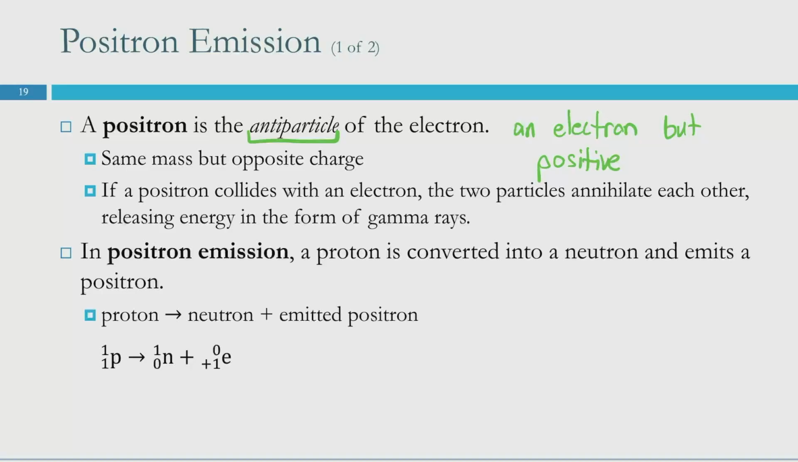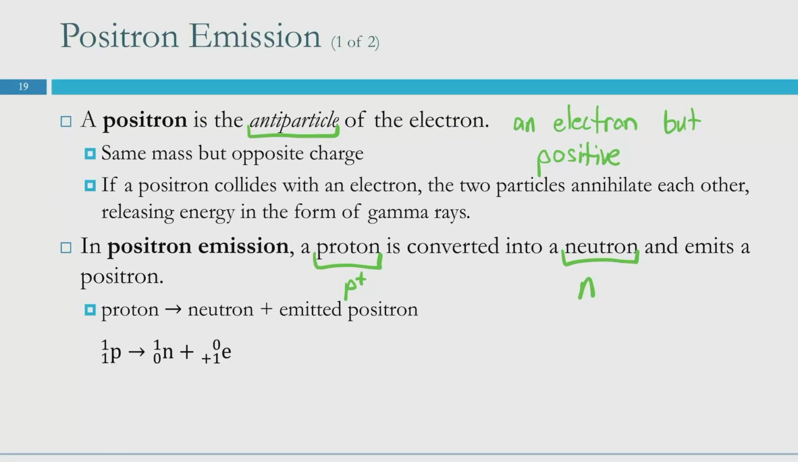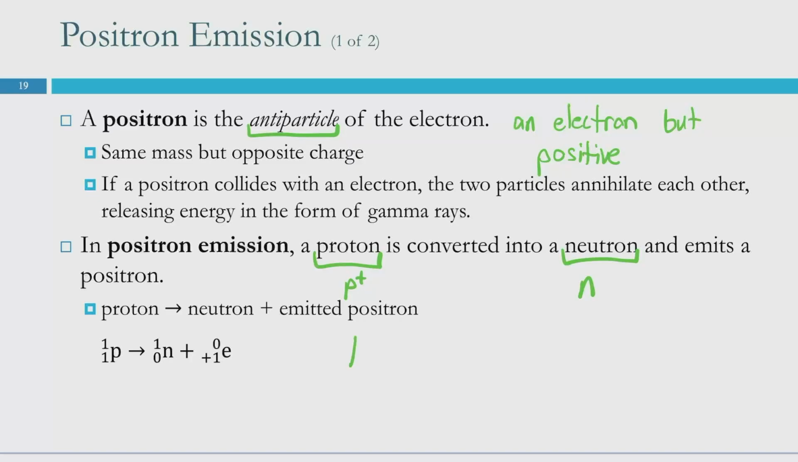In positron emission, this is the opposite of beta decay, sort of. In positron emission, a proton is converted into a neutron, and a positron is emitted. So for beta decay, it was a neutron goes to proton plus an electron. And in positron,